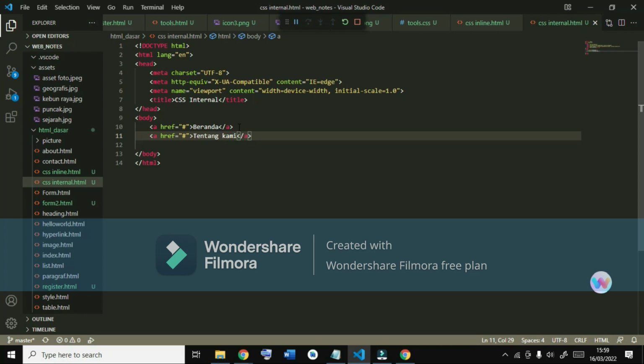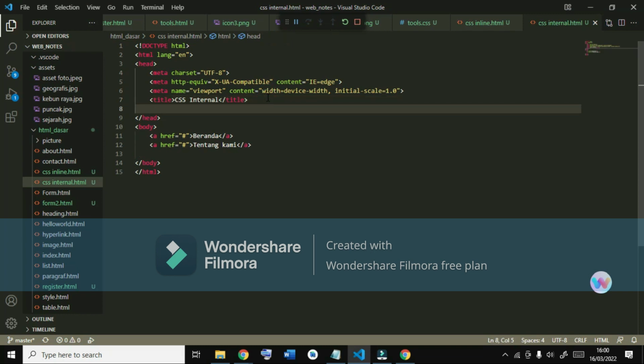Nice. To finish, we write the style tag in the head, and press enter.